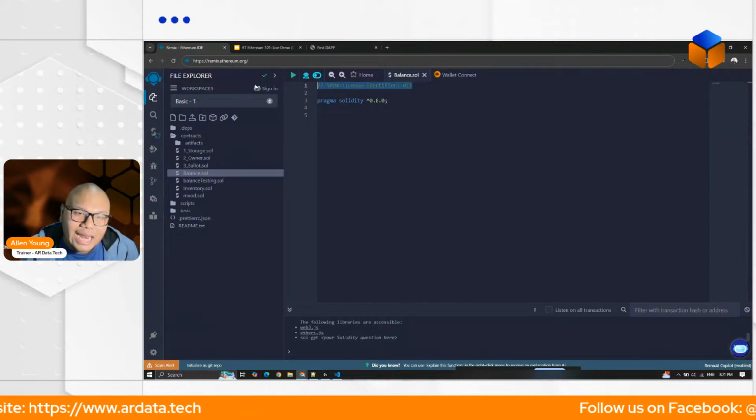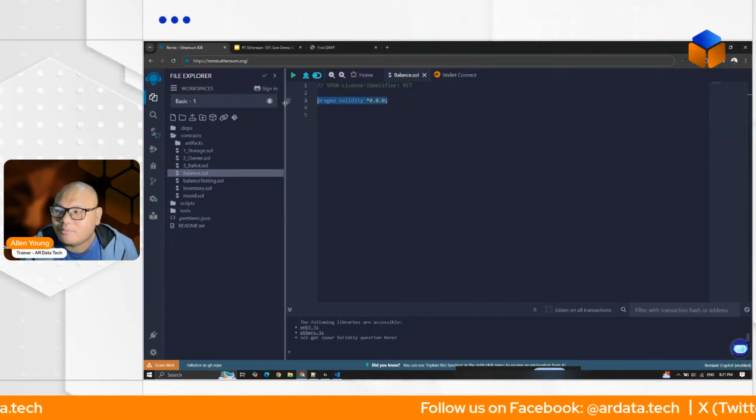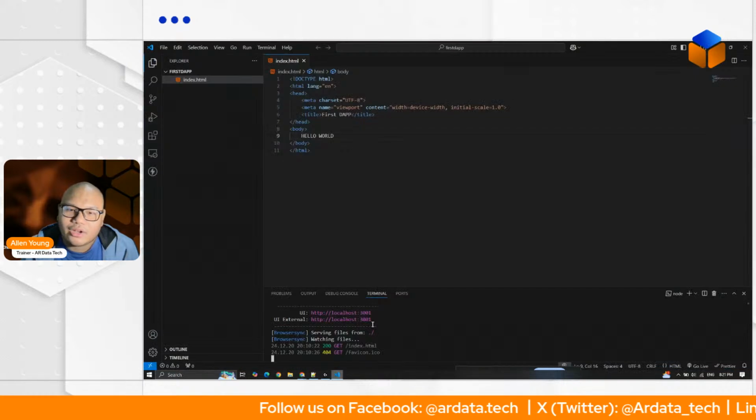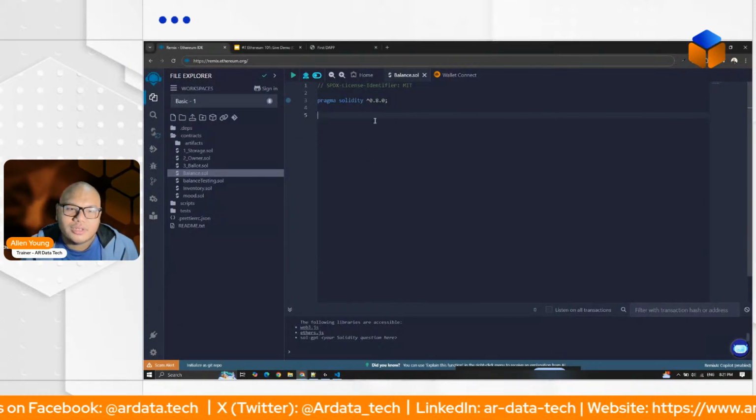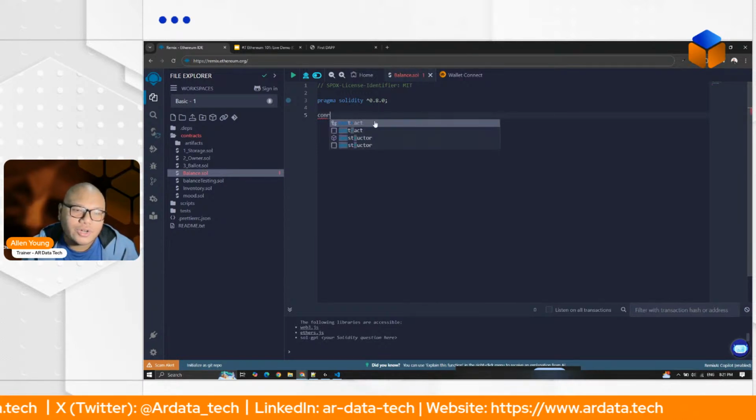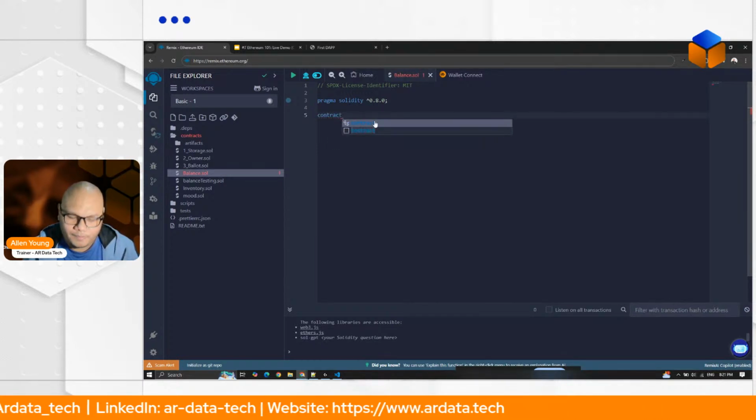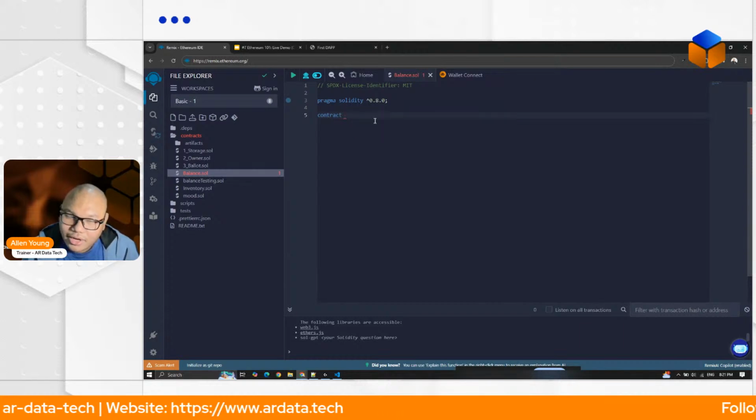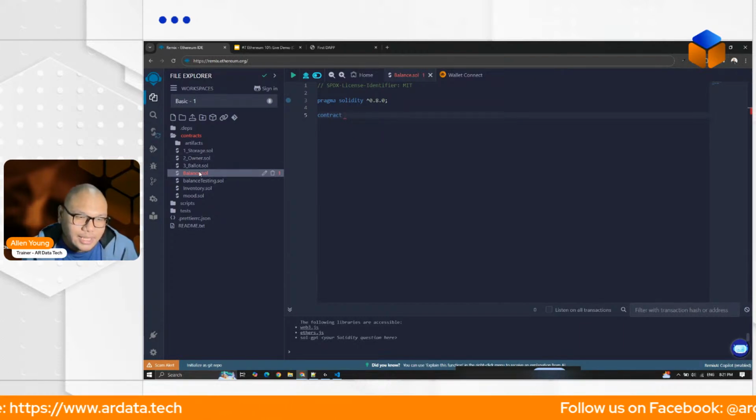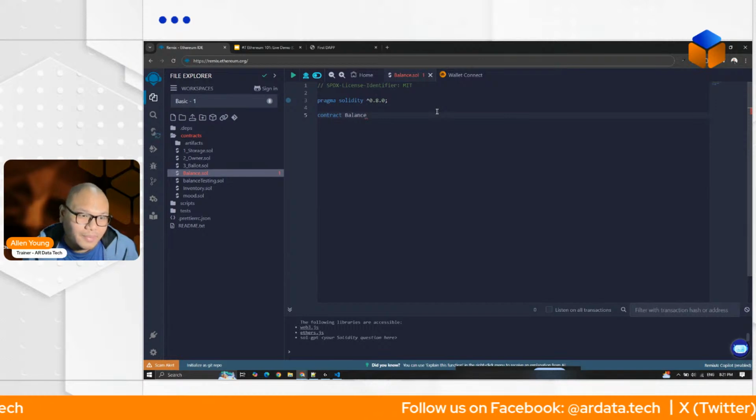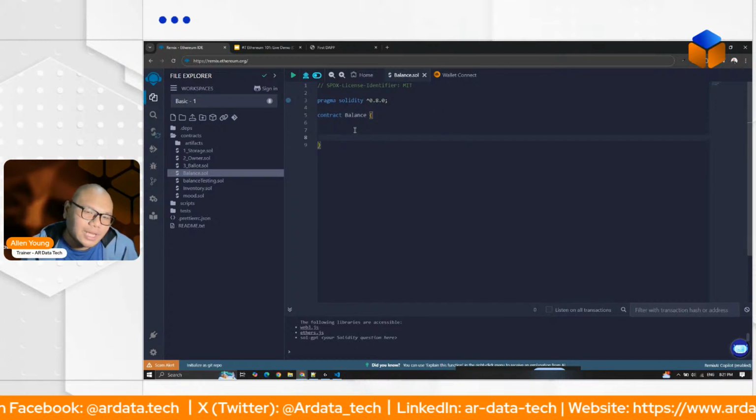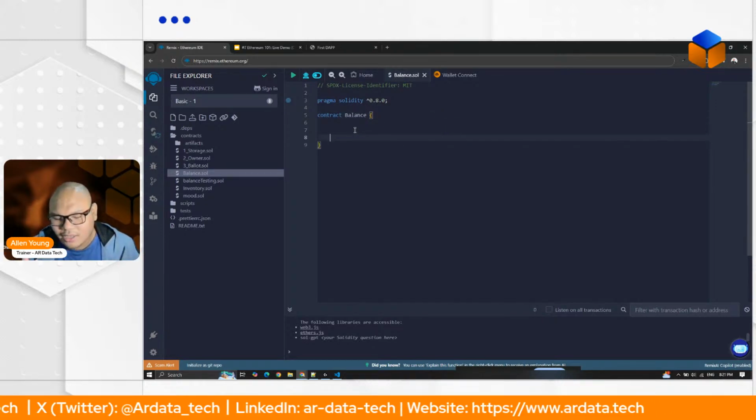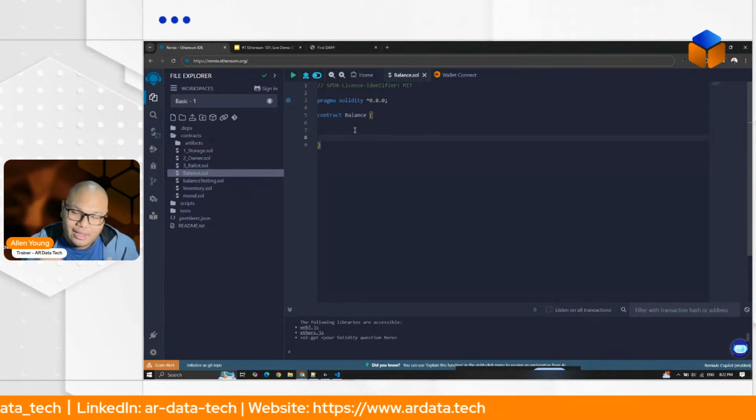So after having your license and the version, we need to put the contract name. How to put the contract name inside our code? Just type contract, and the contract name. It is named Balance. So let's put Balance. Okay. And then the curly bracket. This curly bracket enables us to enclose or encapsulate the code that we will be including inside our